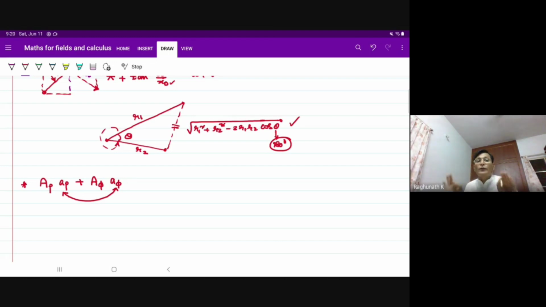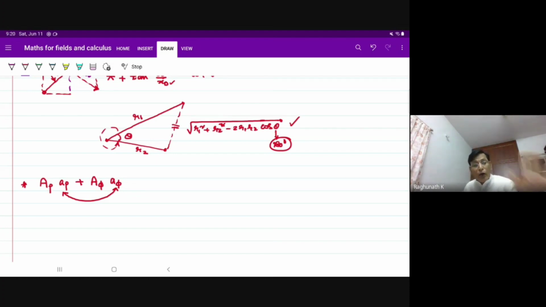The directions of a rho and a phi are not unique. The directions of a rho and a phi depend on where we are defining these unit vectors. Definitely, a rho and a phi, wherever you take, are two mutually perpendicular unit vectors, because of which